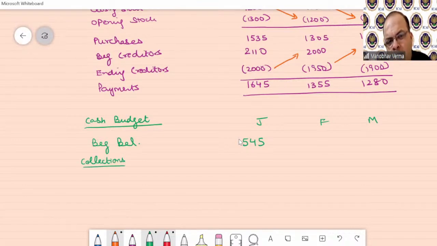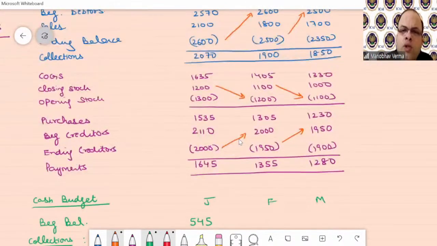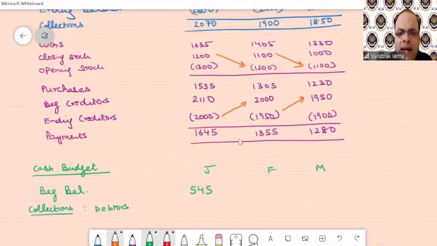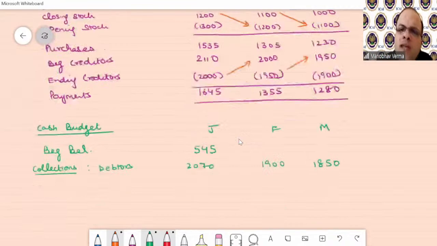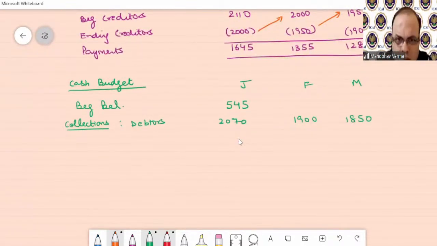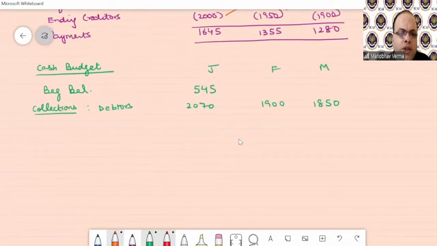Now, collections, we're talking about debtors first. So what were the debtors collections here? I think 2070, 1900, and 1850. So we can plot that quickly for all the months here. Now, guys, if we look at the other information given to us in the question, I can quickly see that,